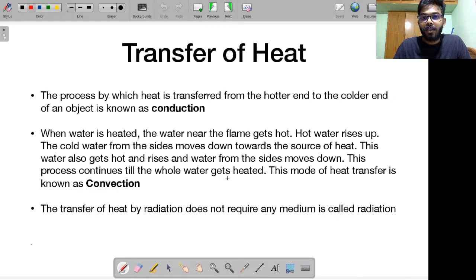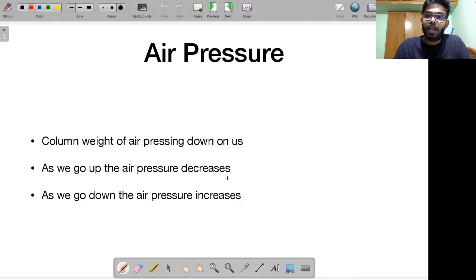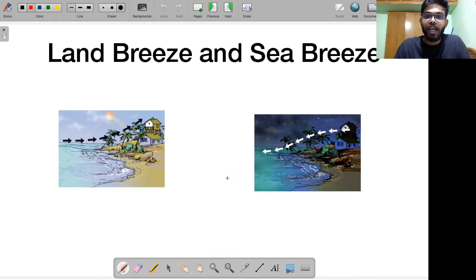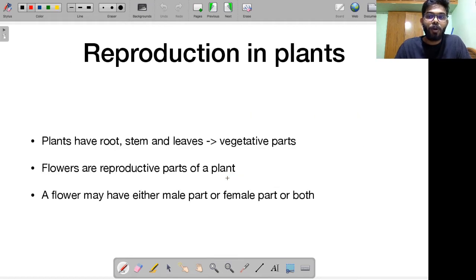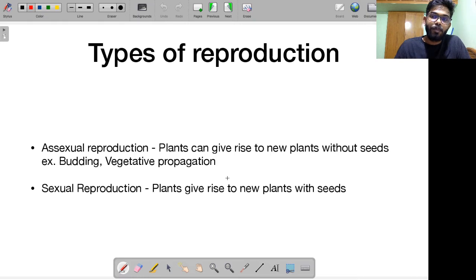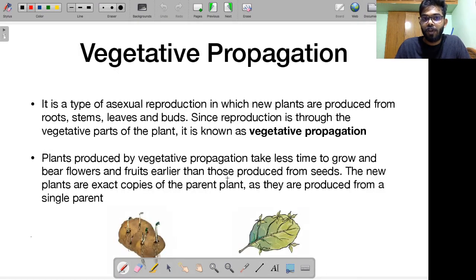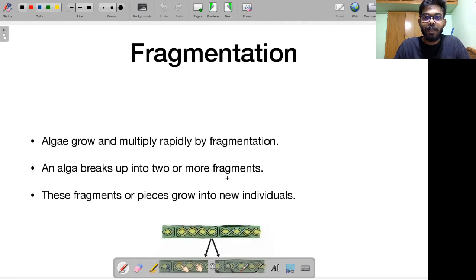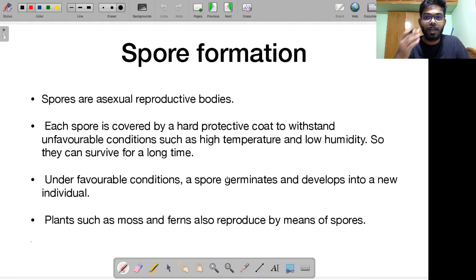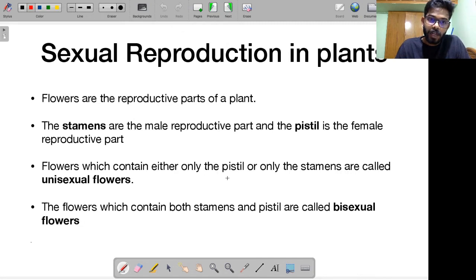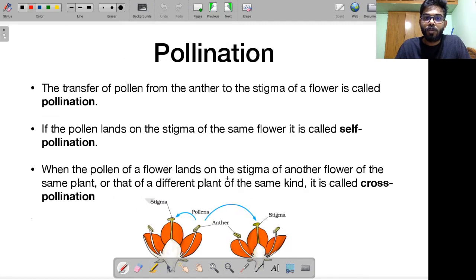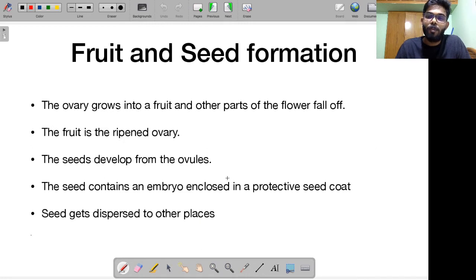Alright, so we talked about heat, the concept of thermodynamics, in the very first video on Class 7 NCERT. Then, following that, in the second video on Class 7 NCERT, we talked about reproduction in plants. I told you about different types of reproduction like asexual reproduction and sexual reproduction. In different types of asexual reproduction, we talked about vegetative propagation, budding, fragmentation, spore formation, etc. Alright, so these are various topics we did in the previous class. Then we talked about sexual reproduction in plants. I told you about the process of pollination, fertilization, seed formation and fruit formation. So this is where we stopped in the previous lesson.